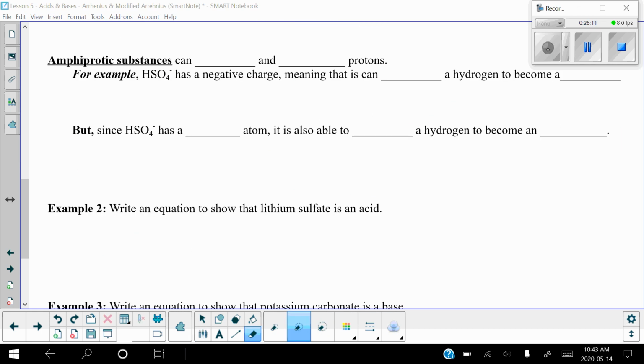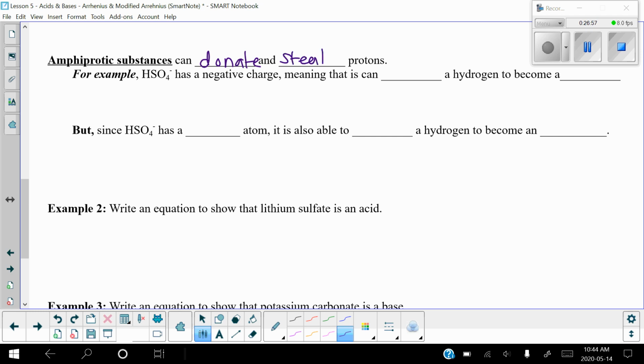Okay, lastly, we're going to talk about amphiprotic substances. Amphiprotic substances are substances that can behave like acids and bases. So they live on both sides of the world, okay? Depending on what the reaction is looking like, they can behave as an acid if you need them to, they can behave as a base, or whatever they're feeling when they're in the water. So let's talk about an amphiprotic substance. An amphiprotic substance can either donate and steal